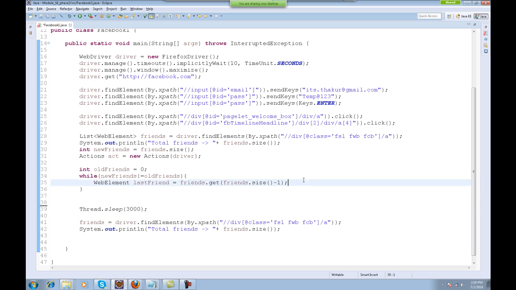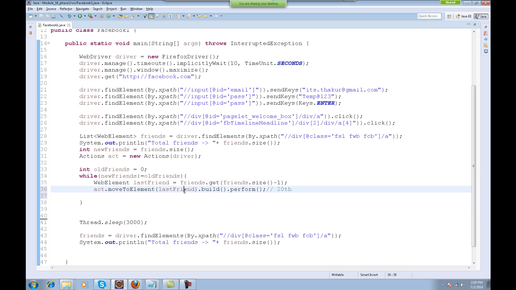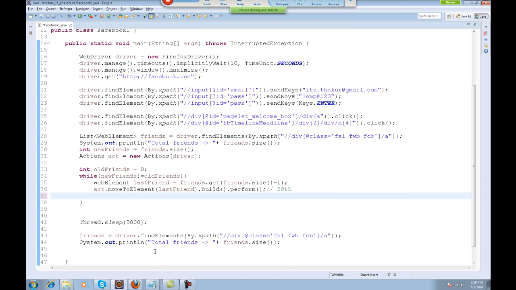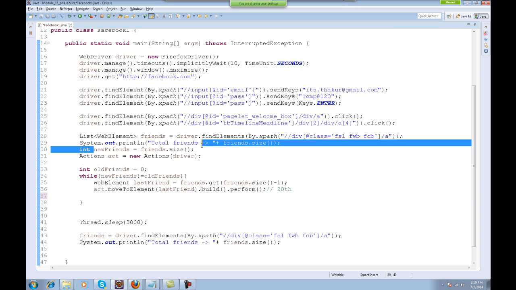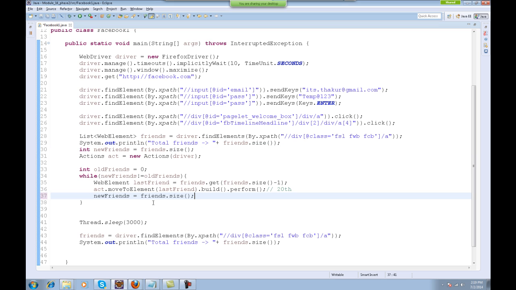You move your mouse over the last element, and after this you can write newFriends equals friends dot size.